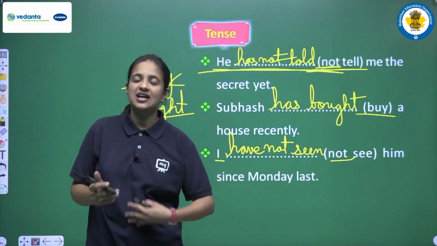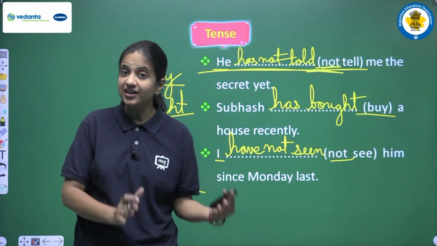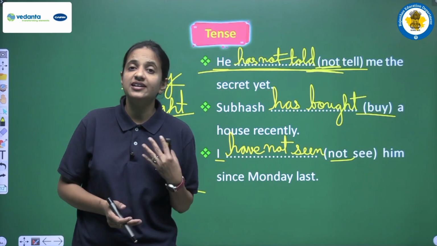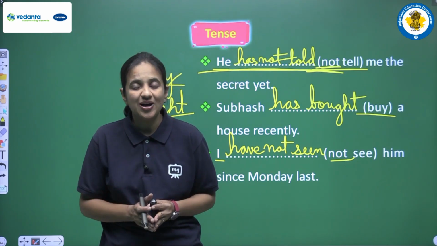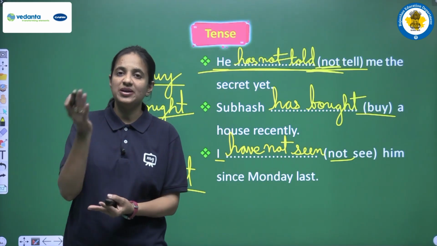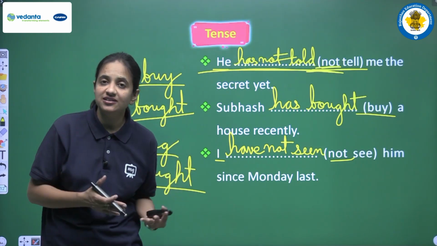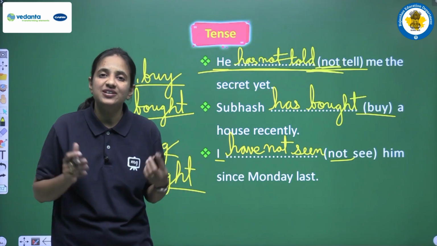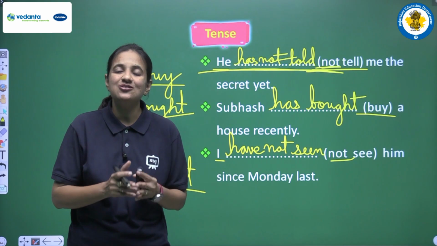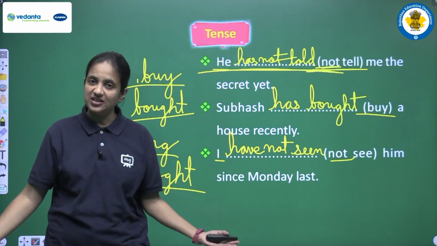Okay, so students आपके एग्जाम में इस तरह के क्वेश्चंस आएंगे. You will have some of the sentence. So first of all you have to read the sentence, and after reading the sentence you have to identify कि उस sentence में कौन सा tense हम use करेंगे, and then आपको सारे rules जो है वो mind में recall करने हैं. That okay ये tense है तो इस tense में हमें ये helping verb use करनी है, ये main verb की हमें ये form use करनी है, and this should be the pattern, this should be the structure of the sentence. And after thinking about all the things, after recalling all the rules, finally you have to write the correct answer. Okay, so this is all about present perfect tense.